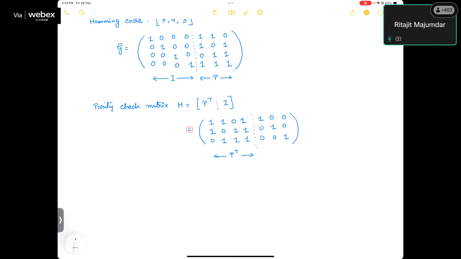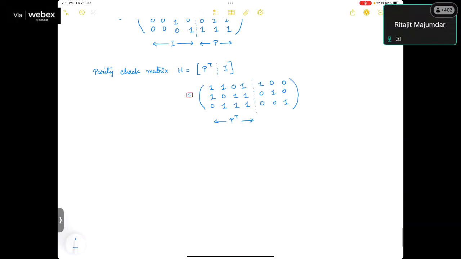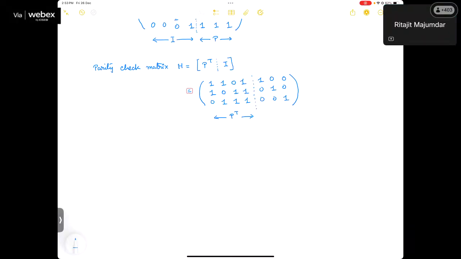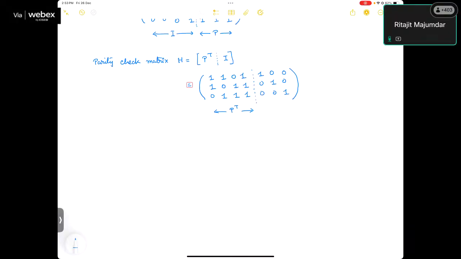So this was already well known. I mean, we all have perhaps studied Hamming code before. What Steane did is Steane showed how you can take a classical error correcting code and create a quantum code out of that. So the idea is whenever you have 1, you replace that with Z. Whenever you have 0, you replace that with I. This will construct